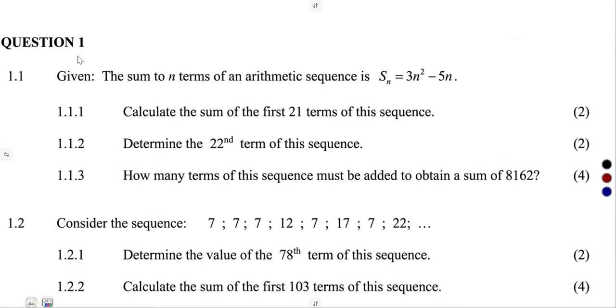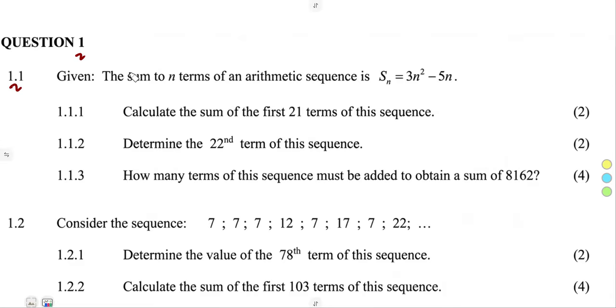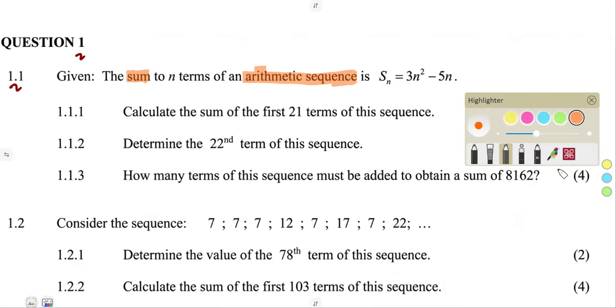So question number 1, without wasting our time, 1.1 we're given the sum of n terms. All right, so there we must be very careful of what we are given. It is the sum of n terms of an arithmetic sequence. So they gave us the presentation